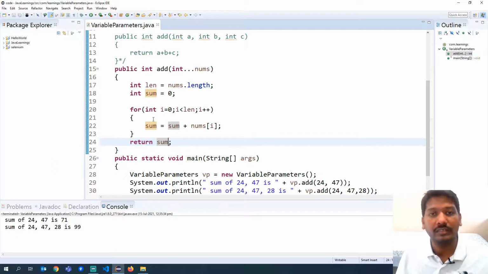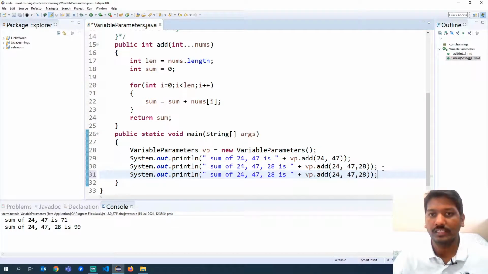Okay, so what we have done here, we have declared a method which will take a variable number of input parameters of type integer, and then we are accessing each and every integer, adding them up to get the total sum, and returning it. If you see at the bottom, I need not change anything. We can still run the same code because now this method can handle any number of input parameters. So let us now add a few more input parameters and see if it accepts them and returns the correct value or not.